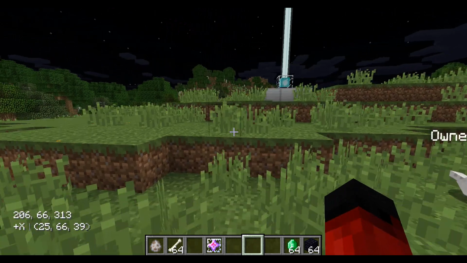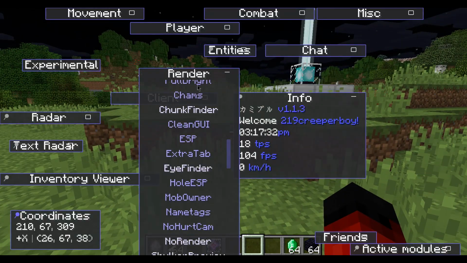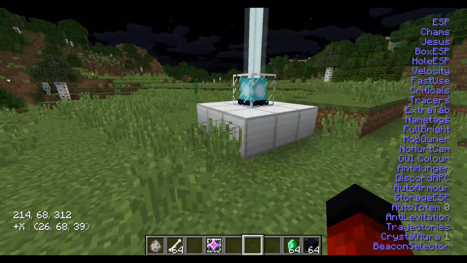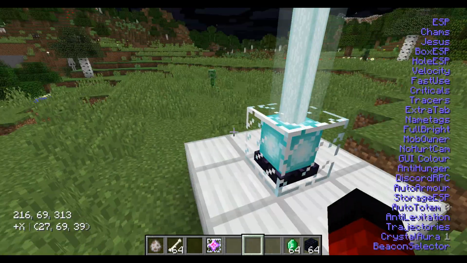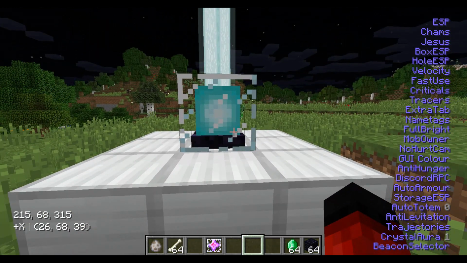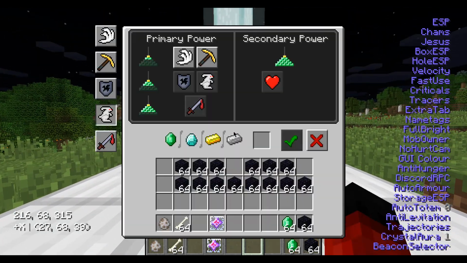Which we couldn't before. What this client also features is this beacon thing. I'm going to turn the active modules back on so we can see it. Right at the bottom it says beacon selector. As you can see, this is a level 1 beacon, only powered to 1 level. What the beacon selector exploit allows you to do is, normally you would only be able to select between speed and haste for a level 1 beacon. But with the exploit, you can select speed, haste, resistance, jump boost, or strength because it thinks it's a secondary